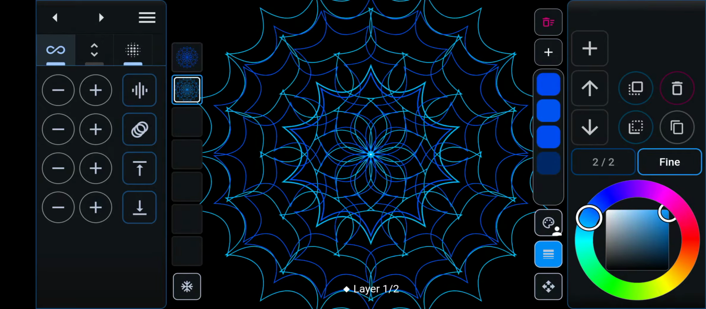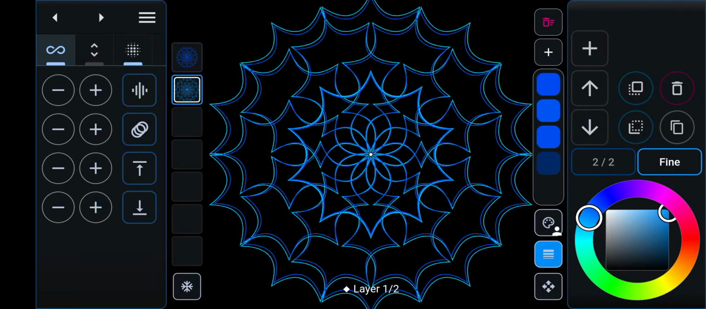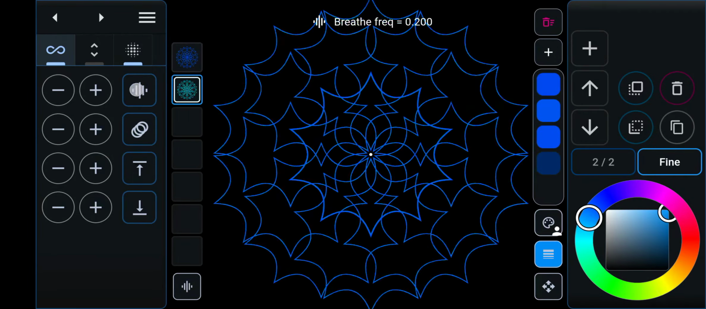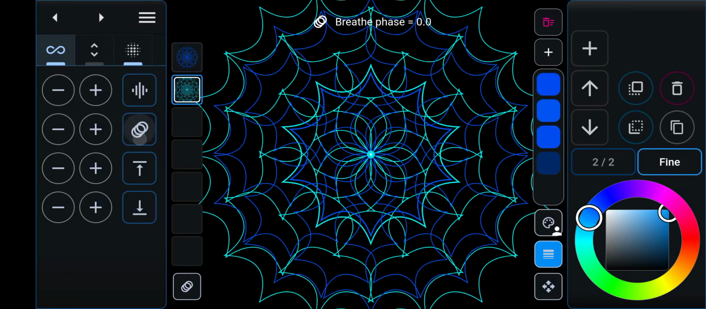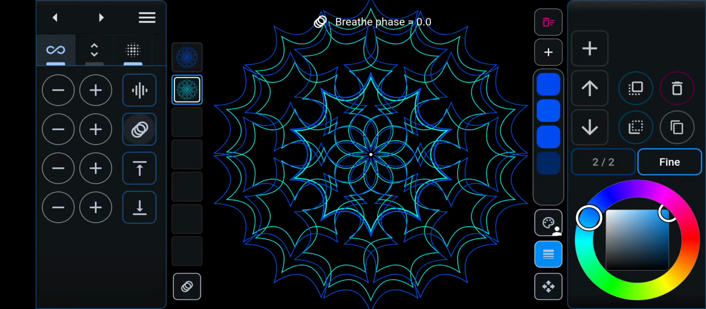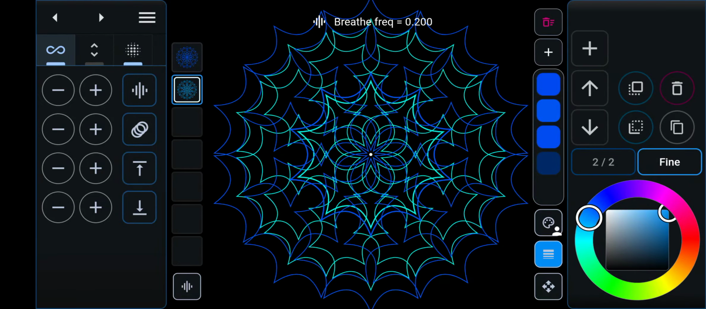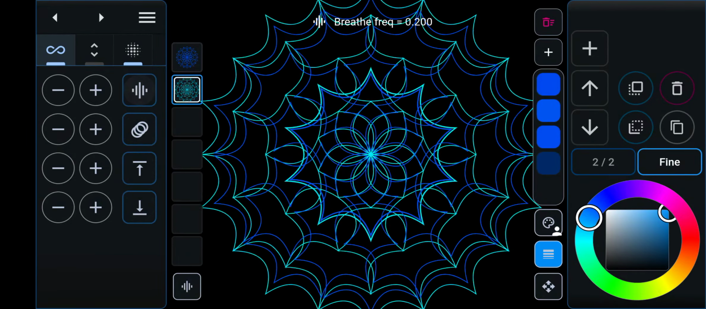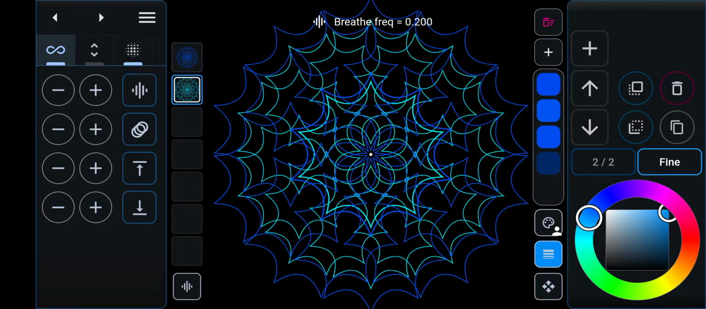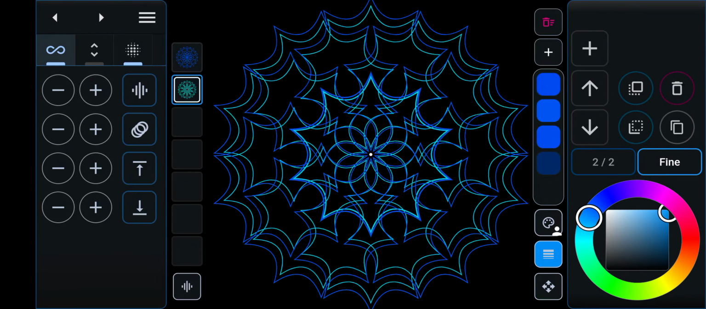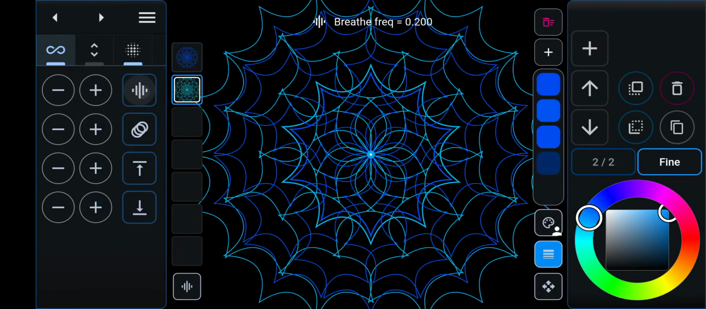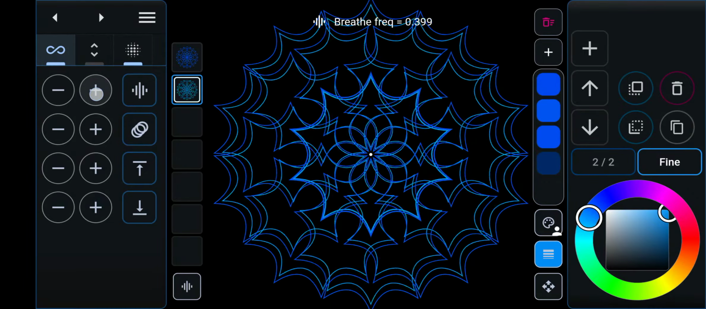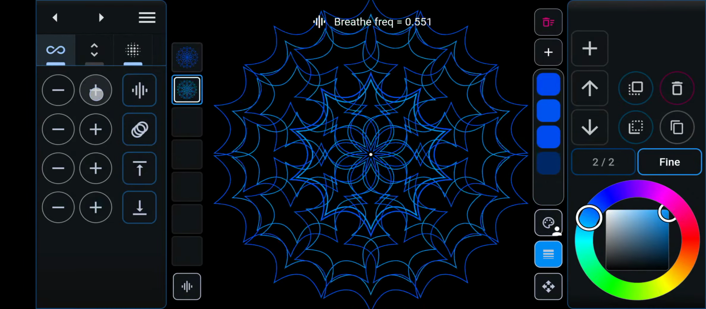Now when I select the green layer, I can adjust the frequency of the breathing effect with this parameter. So I can select each one of these parameters and they will become active. You can see on the top the parameter name and the current value. So by tapping on these you can always see the current value. And the breathe animation has four parameters. The frequency, which controls the speed of how fast the pattern is breathing in and out,